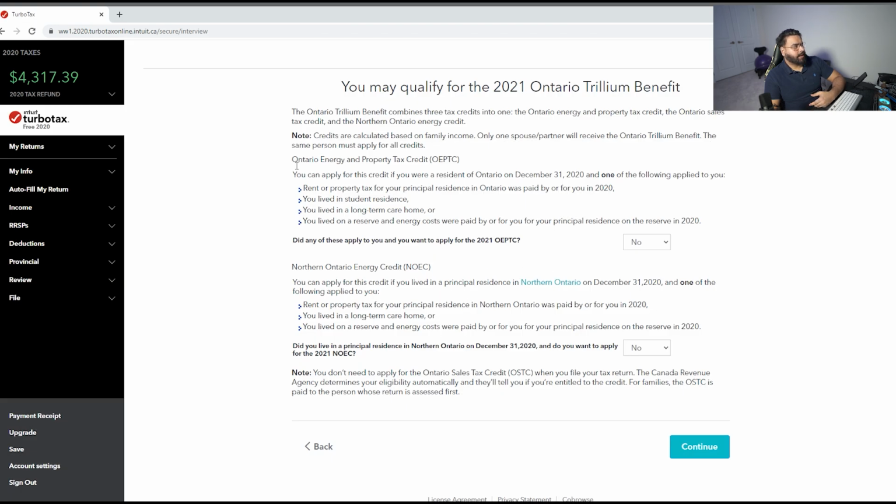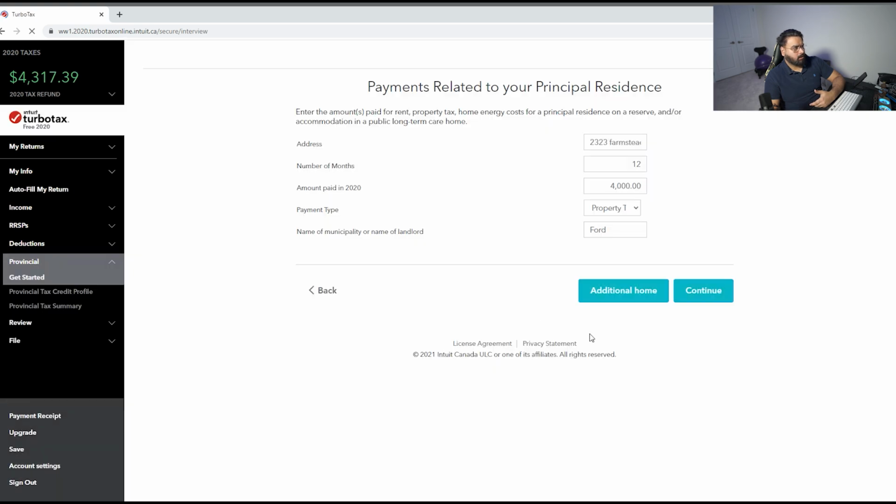Now it will ask you if you have applied for Ontario Energy and Property Tax Credit. I said no. Northern Ontario Energy Credit, no. So click on continue. Now here it will ask you for your address, for your property tax, because you get some rebate. So I filled some rough property tax, let's say 5,000, and it will ask you for your municipality